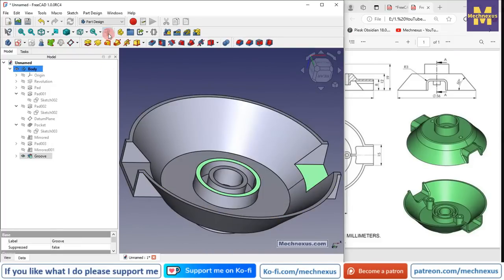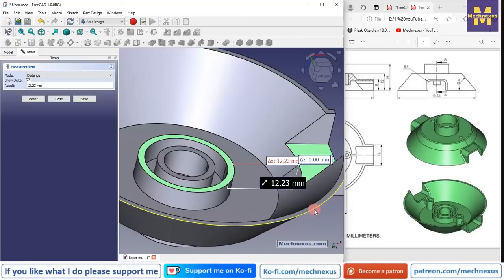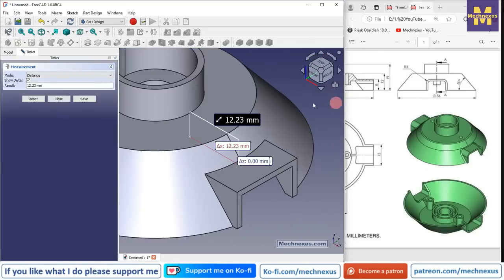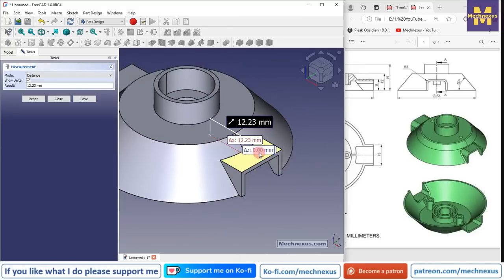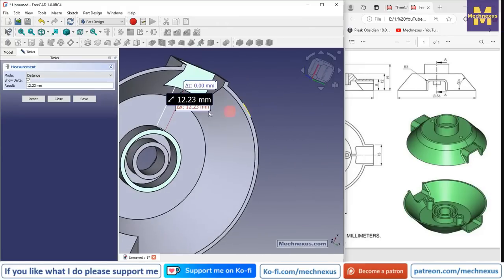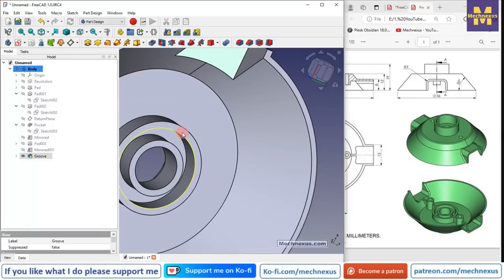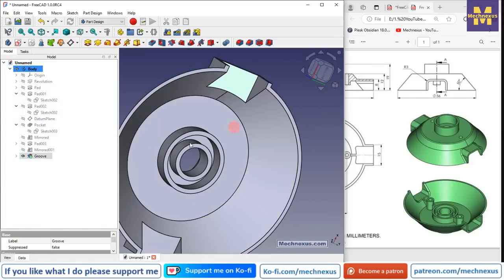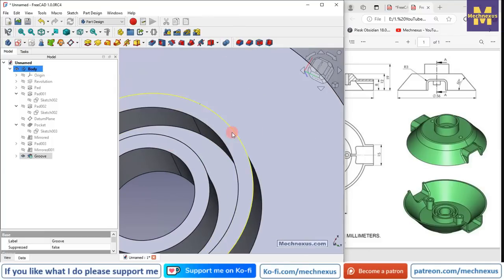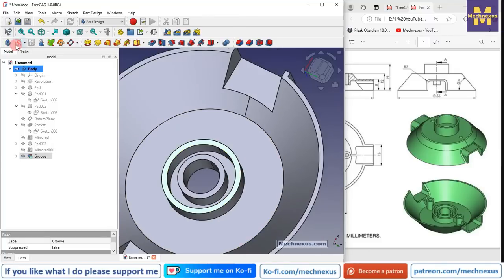So here we will measure the distance. So delta z is 0. If we see our UCS with the isometric view, delta z is 0, which means that this and this are at the same level. So either we can select this face or this face for the sketching, but I will prefer this face, and click on the sketch,